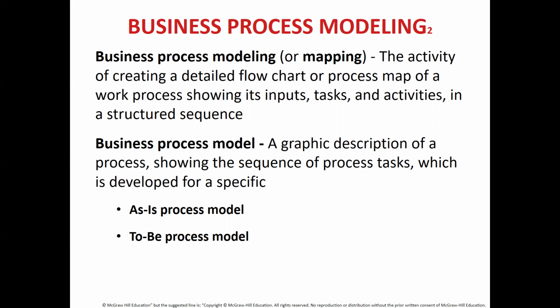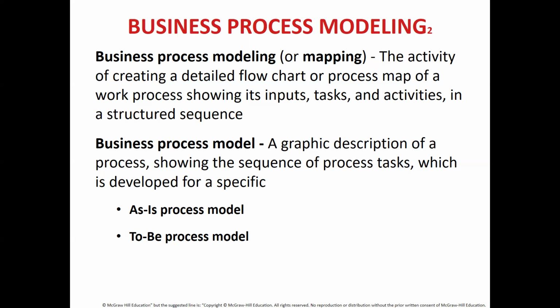Now, both the definitions and the terms look quite similar, but actually they are different. What is different between the two? When you're looking at business process modeling, we are looking at the activity of a process. The process generally has activities. Let's say to complete the entire process, you may have 5 or 6 activities. One of them, the activity, is called business process modeling, whereas the business process model is the entire 5 activities combined together. So the difference between the two is that process modeling is activity based, and the process model is process based.